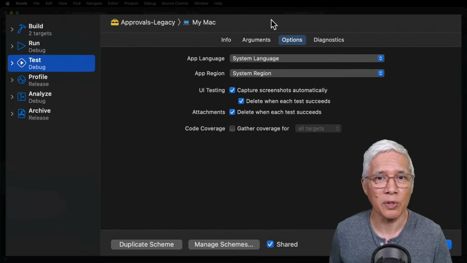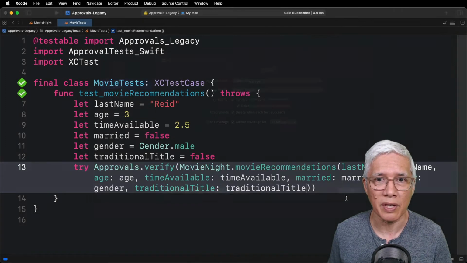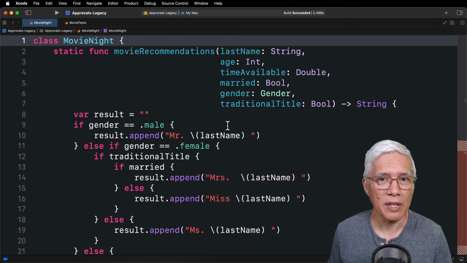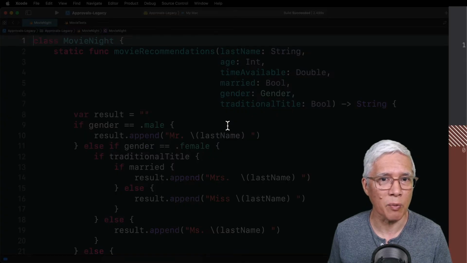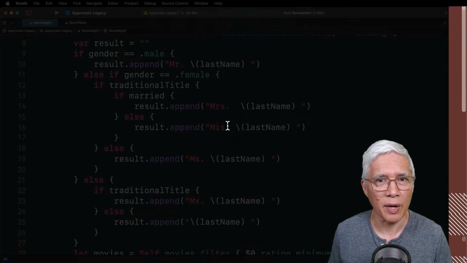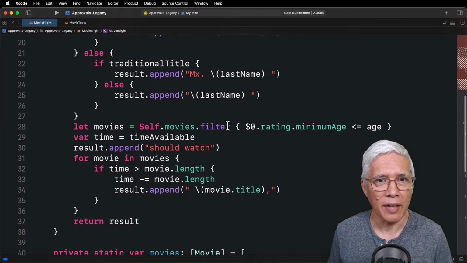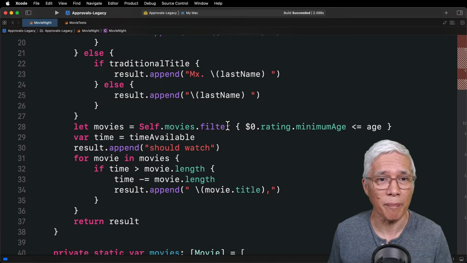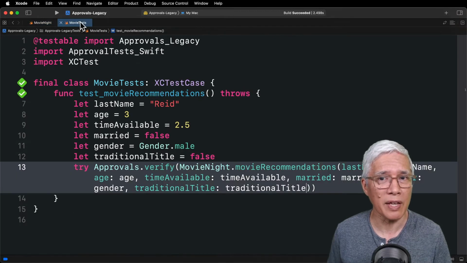Now let's turn on code coverage to see how much of the production code we touch with this one test. Run tests again. And we can see that there are some parts of this code that were touched, and quite a few that were not. And there's this loop here where the coverage is questionable because it did the innermost part just one time. So what I want to do is put in a lot more cases.